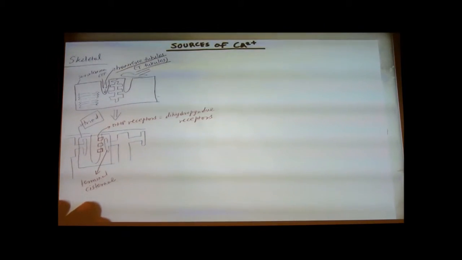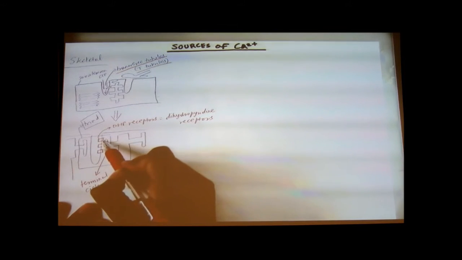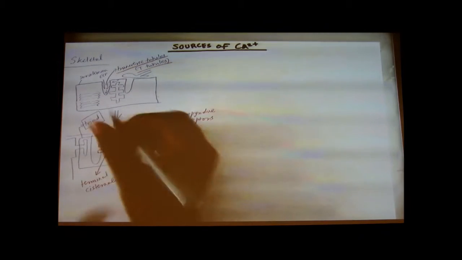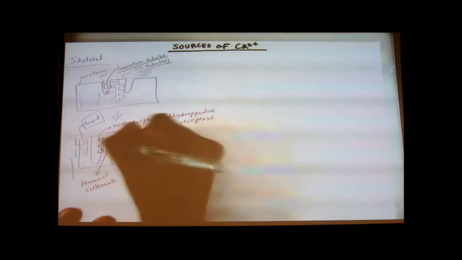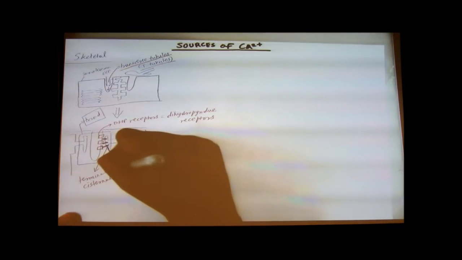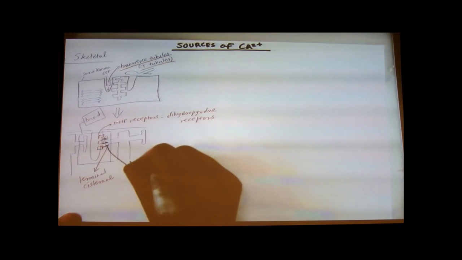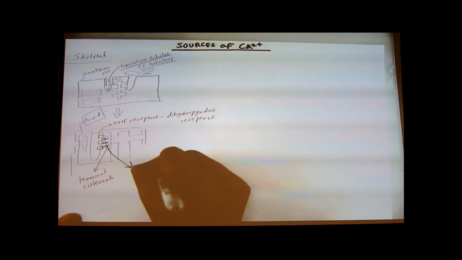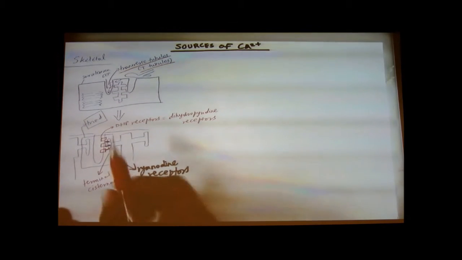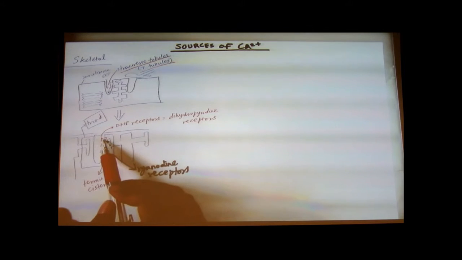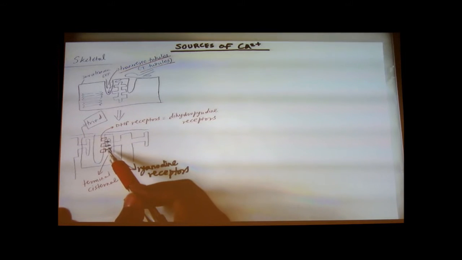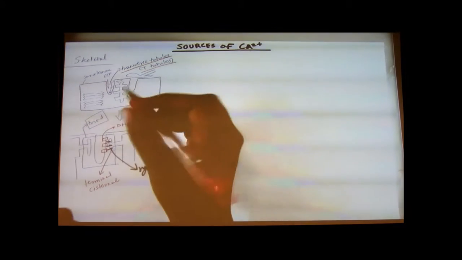Okay, so we have these DHP receptors in close proximity with the terminal cisternae, and these terminal cisternae in turn have another channel called, let's do it here, the ryanodine receptors. In skeletal muscles, actually, they're so close to each other that these DHP receptors can mechanically change the conformation of the ryanodine receptors. And the way this occurs is,